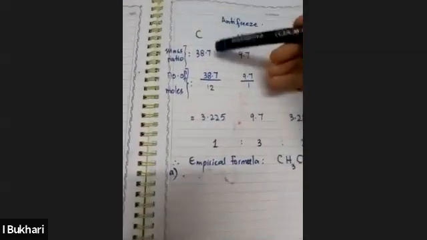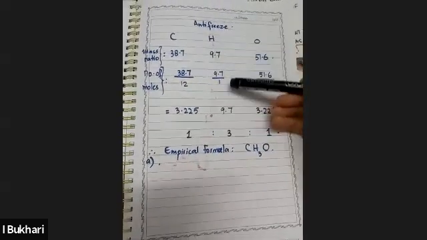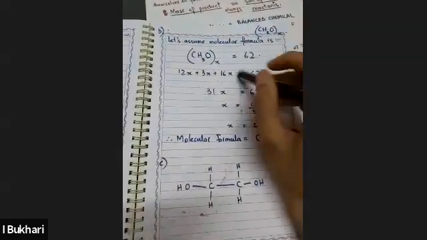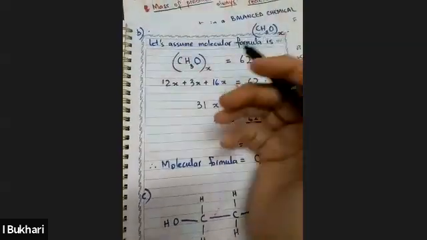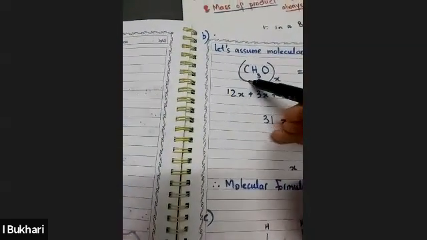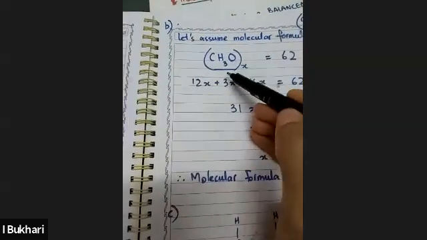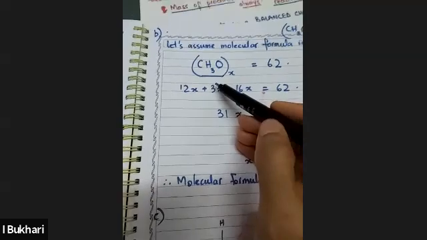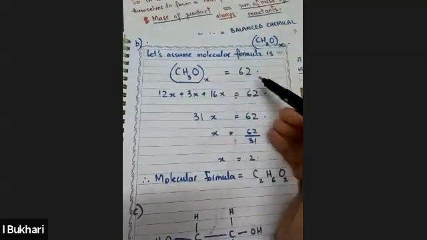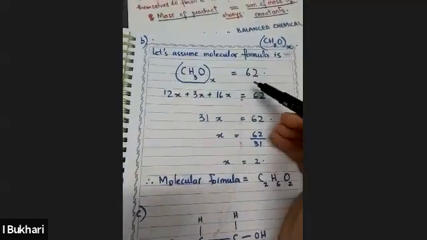So this is how Zainab did her empirical formula. This is how she did the B part, which is the molecular formula. So this was the empirical formula that we calculated from part A. I hope all of you understood how that empirical formula was calculated. And so we want to find out what the molecular formula is. And the question tells us that the molecular mass is